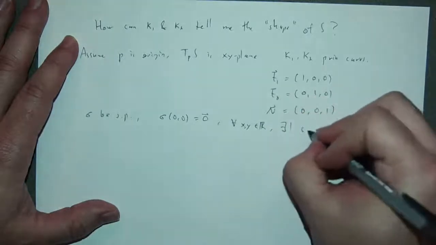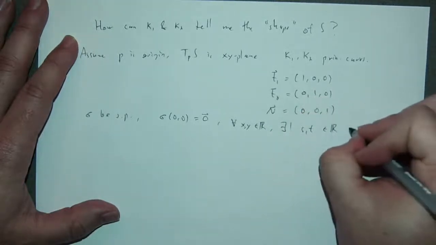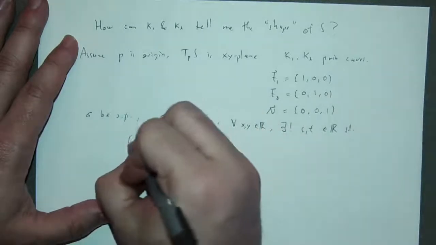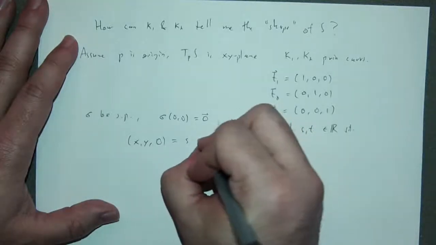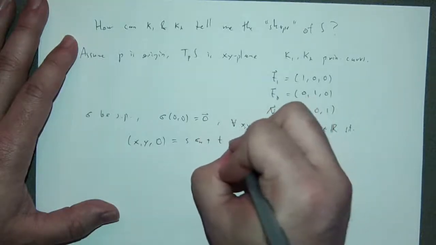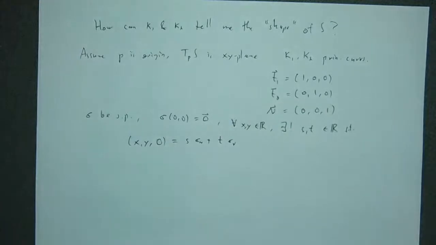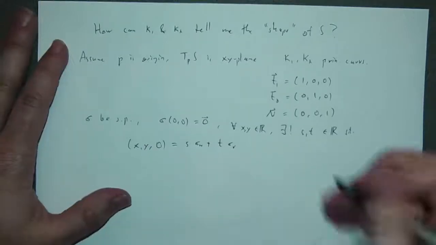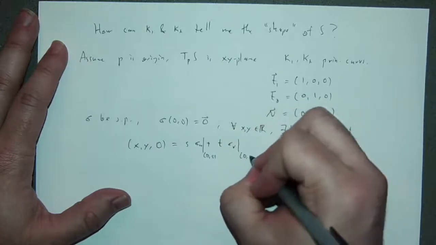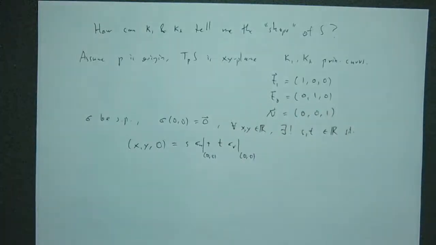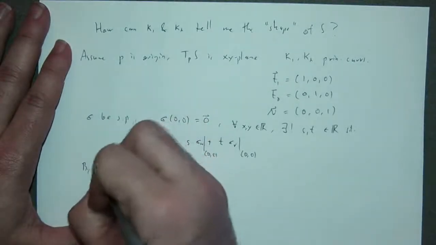there exist unique S and T in R such that we can say (x, y, 0) can be written as S sigma u plus T sigma v. This is because these are an orthonormal basis, right? These derivatives are evaluated at (0, 0). So I won't write that from now on, but just keep in mind those are evaluated at (0, 0). By Taylor's theorem,